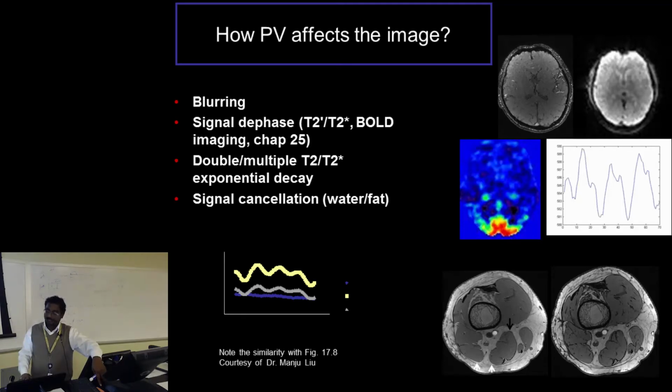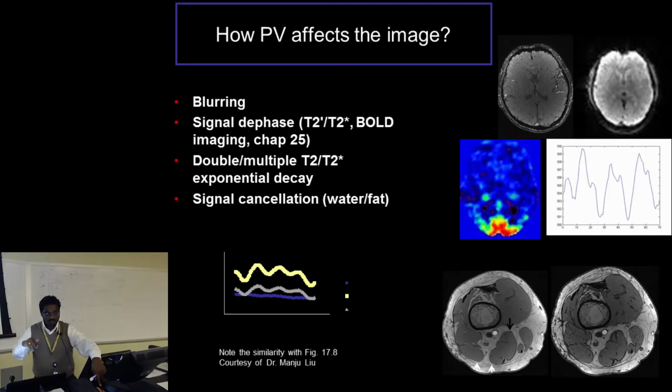Now chemical shift is one explicit example, where we'll come to that in the next class. Fat, due to its material property, has a finite shift in its resonance frequency relative to water. So if any voxel contains both water and fat, because of that finite frequency difference, off resonance,